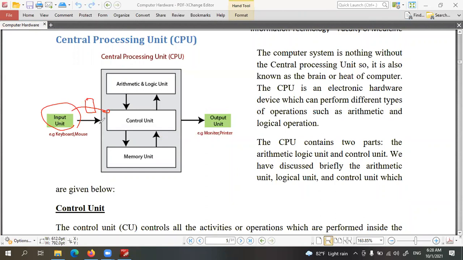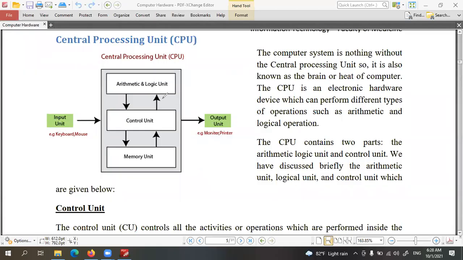You must keep that in mind. Again, output, monitor, printer. However, the processed data also will be output through the main memory. Initially, they will be sent to the main memory, and from there, they will be sent to the output devices. Got it?